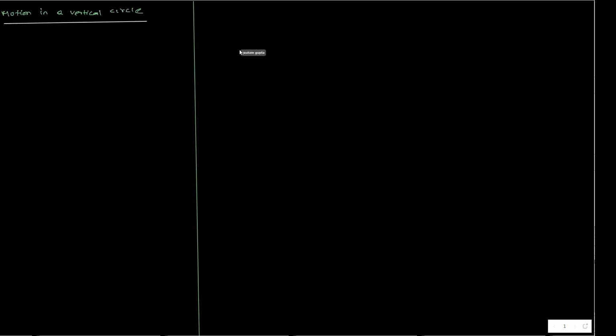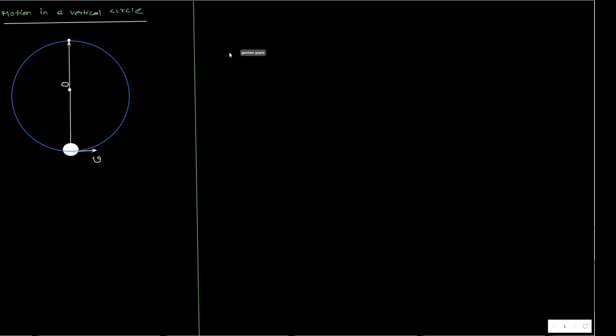So basically, this kind of question will be, let's say there is a string and there is a ball attached to it, and it is given some velocity v. This is the point O. So basically, it has to follow a circle. It has to complete a circle like this. So it will move around. So the particle will start from here. It will go like this on this circle, and then it will come back, right?